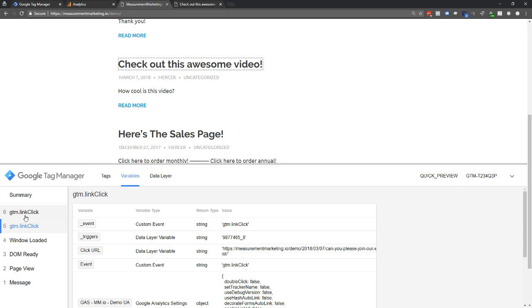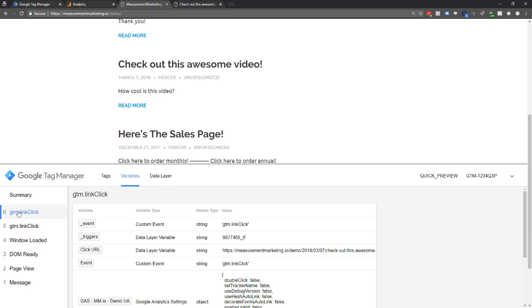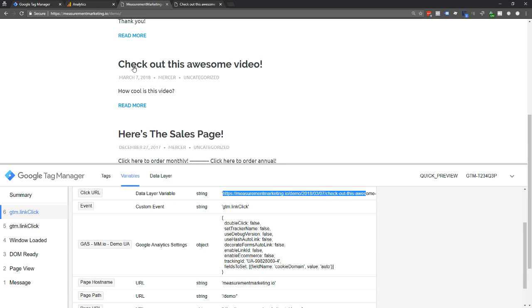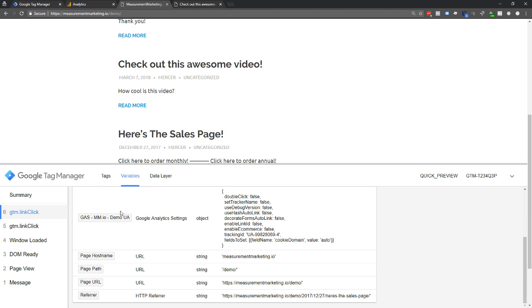So gtm.linkClick, that's the event. That's how you know that Tag Manager just saw a link click, because it really tells you that. It says, hey, a link click just happened. So at this link click event, here's all the information that GTM had. It had the click URL available to it. You can actually set up Tag Manager so it starts grabbing the text, right? Check out this awesome video. In fact, I'm going to show you that in a minute